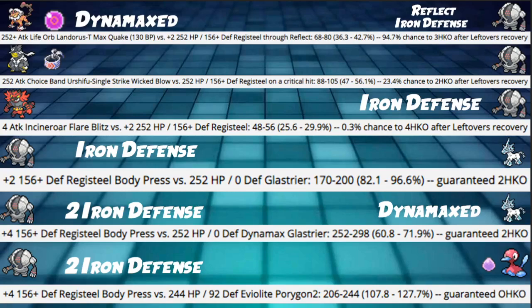And after recovery from Leftovers, they only have a chance at a 3-hit KO, albeit a very good chance, but you will get Leftovers recovery every turn. So you'll probably get a 3-hit, maybe a 4-hit after, through a Reflect and Iron Defense. You really want to stall out some Dynamax turns, and being able to protect one of those turns is very good as well. And if the Lando is just